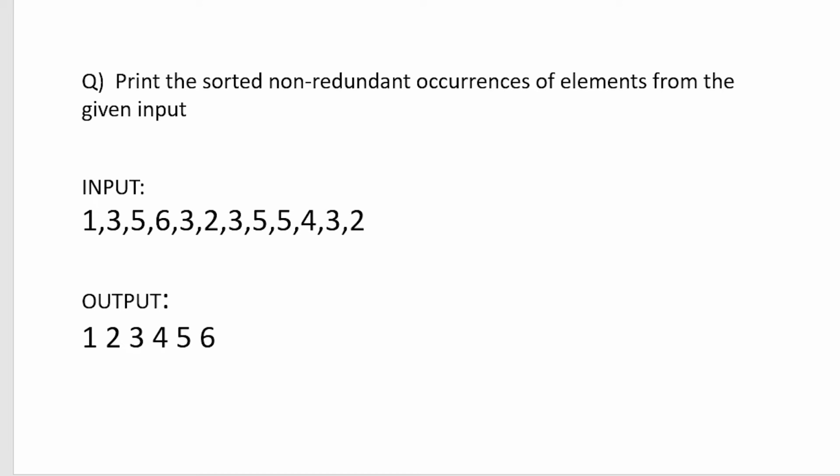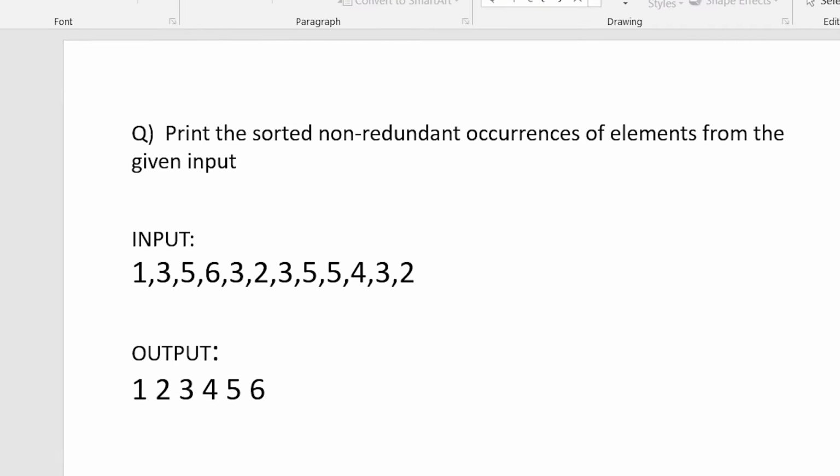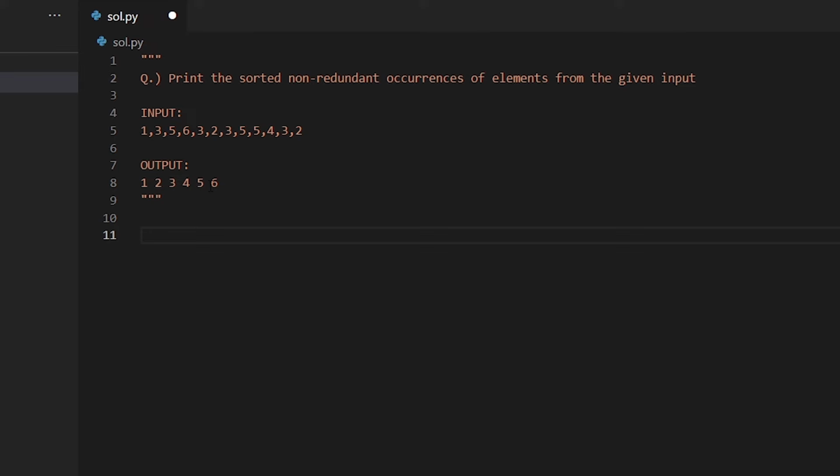The first way would be to create a list and then add your elements into the list, and every time you're doing so you need to check if the element which you are trying to add in your list already exists in your list or not, and then sort the list and then print the list. So it is a three-step procedure, and there is another better way to do it by using set. So I will be going with the second option, and that is a really easy way to do your operation. So I have written the same question here, and this is the expected output, and let's try to code it.